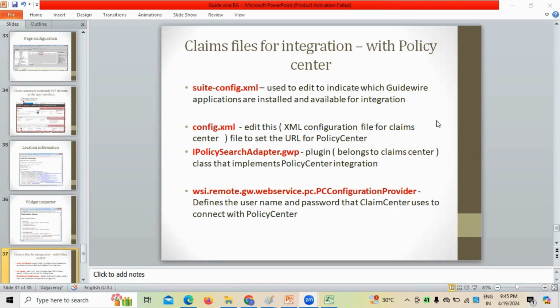So when we are integrating this, and whenever we are using the file format called suite-config.xml, because suite means Guidewire suite, right? Guidewire suite configuration when we are making .xml, right? So when we are working on it, especially whenever we are integrating, because integration again, we have to make some configuration, right? So once we have integrated with the claim phase, we have to make the configuration. So hence we use config as an example over here, right? So Guidewire